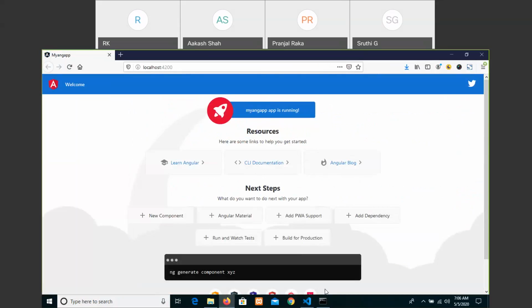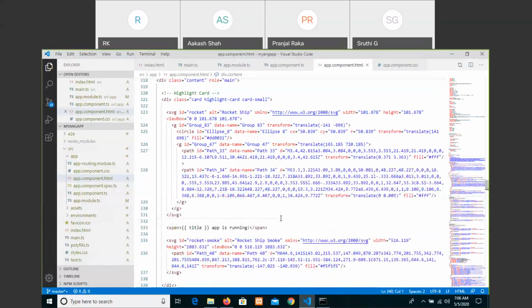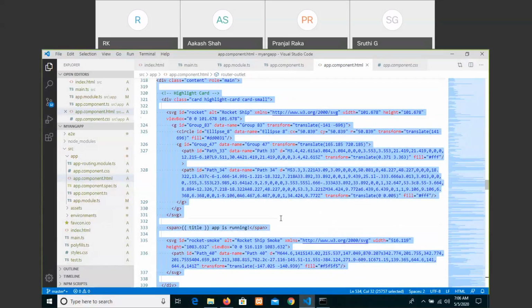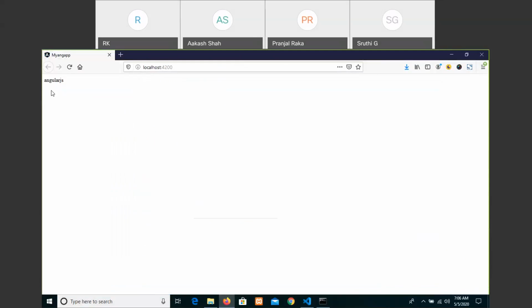Okay, so now let us do one thing. To get an understanding of this, I am just removing this and placing a text, and immediately in the output you can see it is updated with the given value.